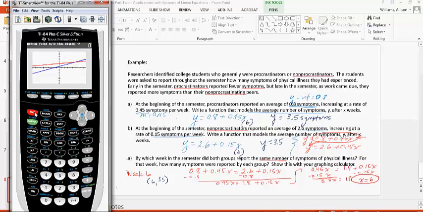So I can click on second, calculate, and I can come down here to intersection, so 5, and it asks me, is this one of the lines? Yes. Is this the other line? Yes. And we get to guess, and then we can find that point of intersection is 6 and 3.5. So you can do that with the calculator, but what's most important to me is that you understand what those numbers 6 and 3.5 mean. After 6 weeks,